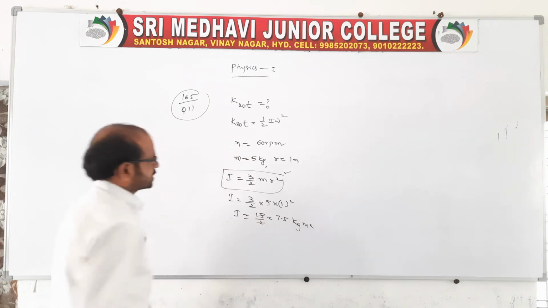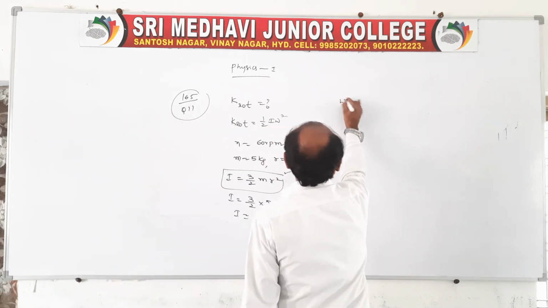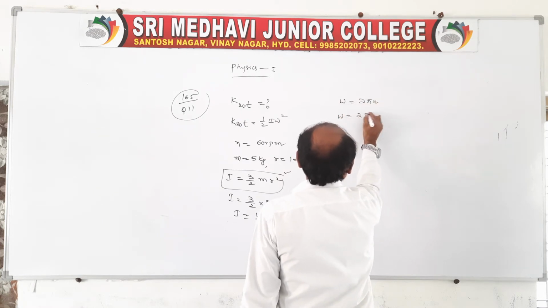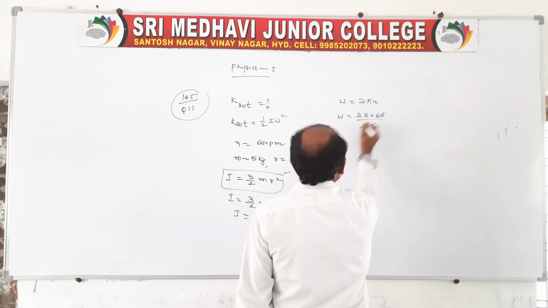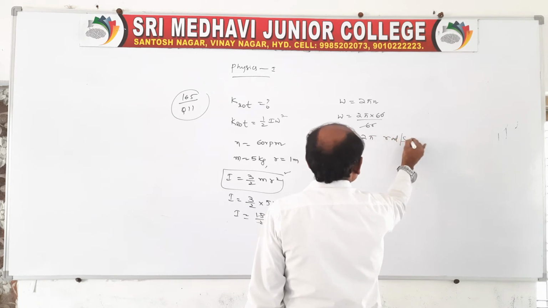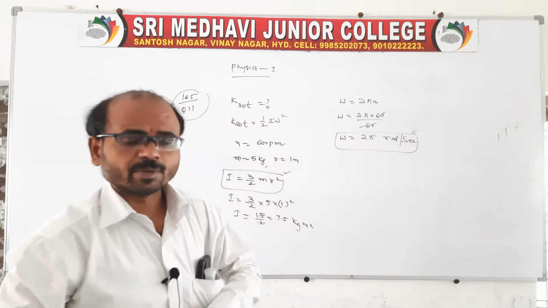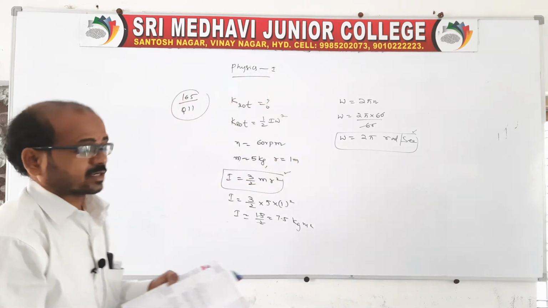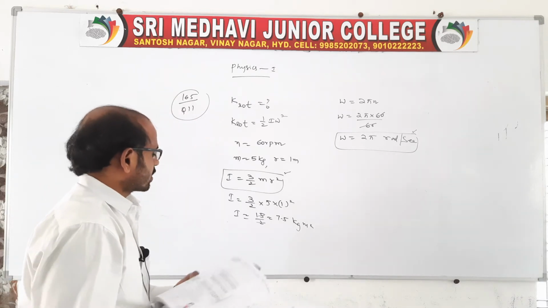kg meter square is the moment of inertia. In the same manner you get omega. Omega is nothing but 2 pi n. Therefore it is 2 pi times n, given as 60 rpm, rotations per minute. We cancel this, now we can say radians per second. The omega must be in terms of radians per second only, not rotations per minute, not rotations per second. So now we know omega, now we know I.